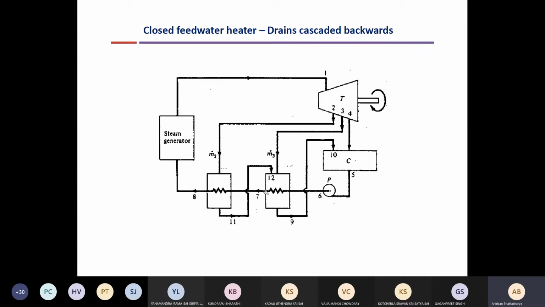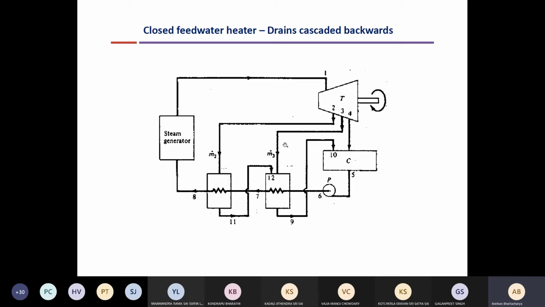So this high temperature water is now passed to the next feed water heater. I will come back to what happens to the steam later on. It is already at very high pressure, but there is no mixing here. So again it gets some energy from the steam which flows over the tubes through the shell, and again the temperature of the water increases. So ultimately at state 8 we have high temperature water. This enters the steam generator. Already the pressure was raised to the steam generator pressure earlier. Only the temperature rise occurs in the water, and there is no mixing.